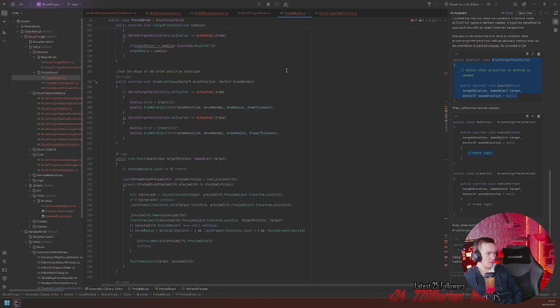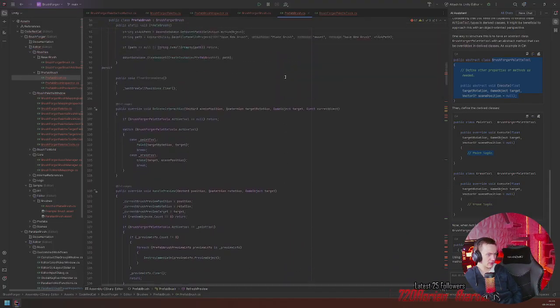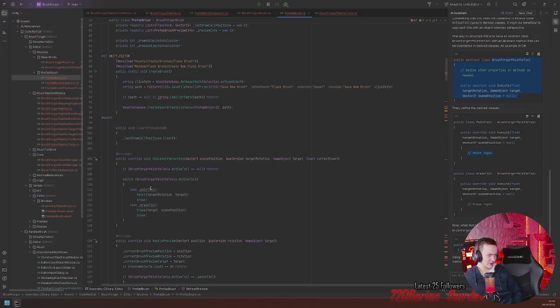The big pro is it will just work out of the box, because then I can just go in here and case and type in the name as a string.